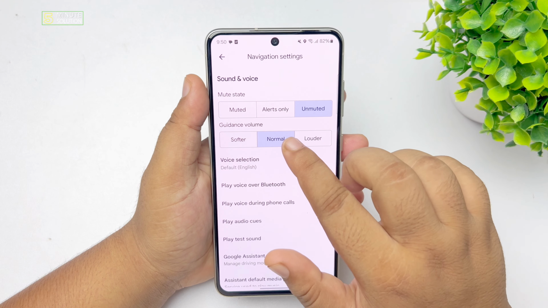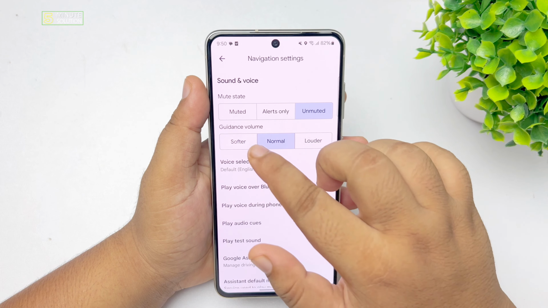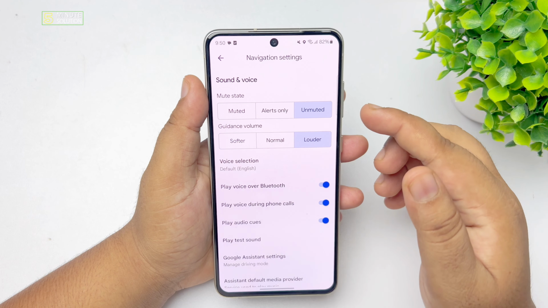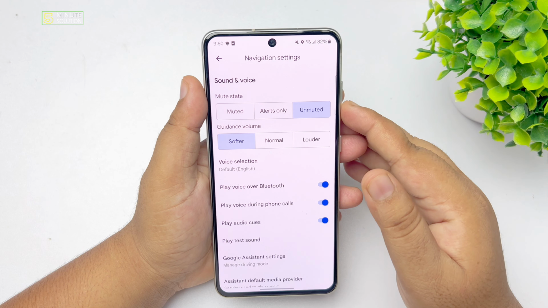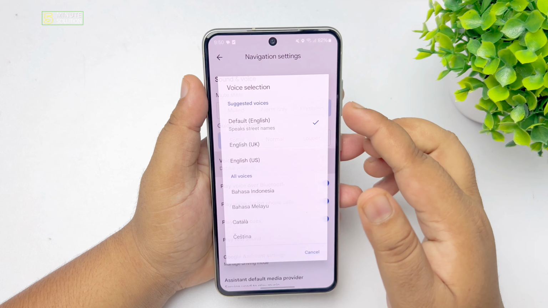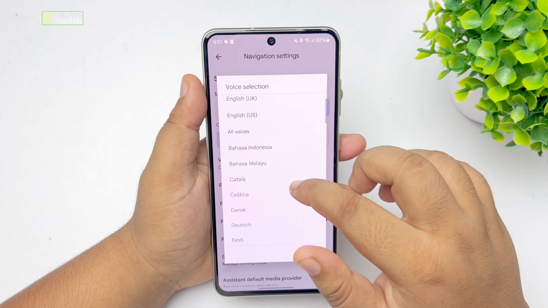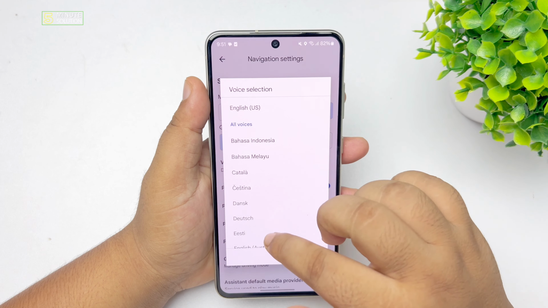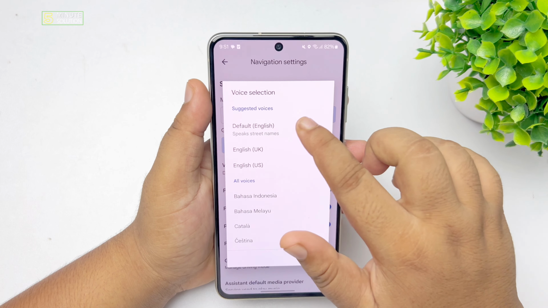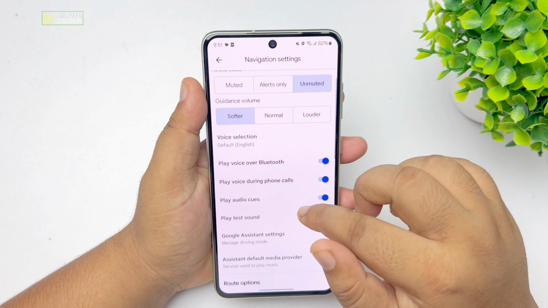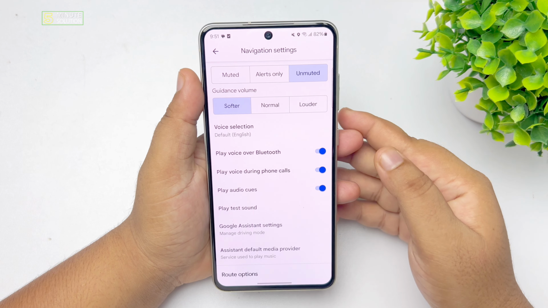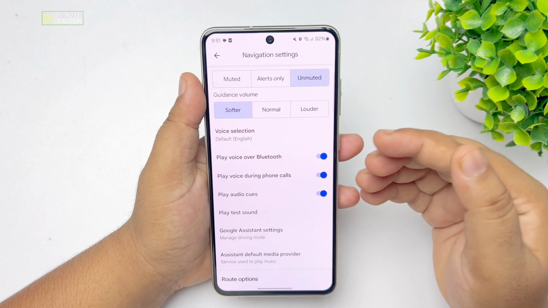Guidance volume is currently selected to Normal. If you want, you can select Softer volume or Louder. I'm selecting Softer. Tap on Voice selection, and here you can change your navigation voice. So I'm selecting United States default, and if you want to play voice over Bluetooth, you can turn on